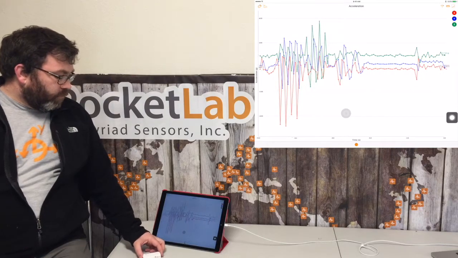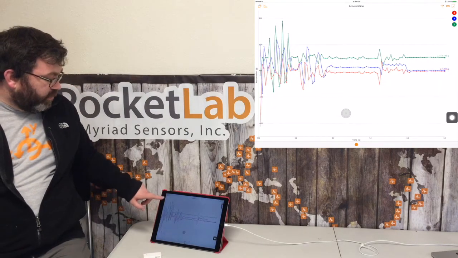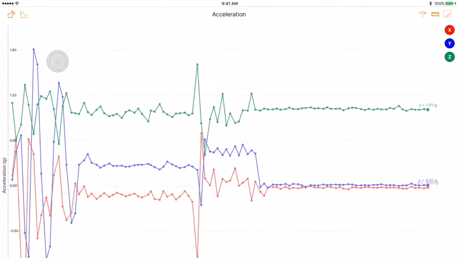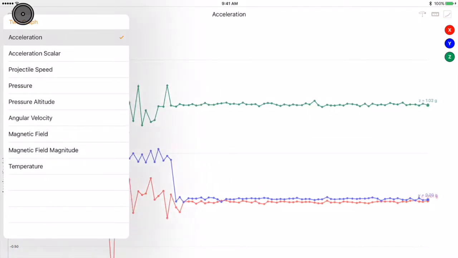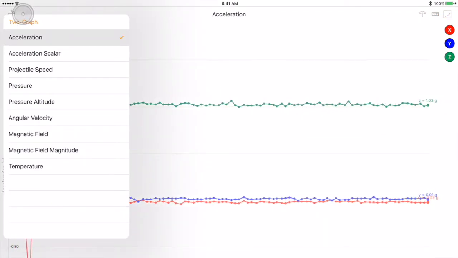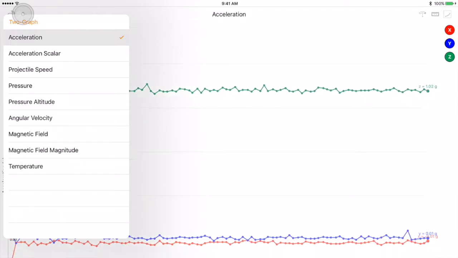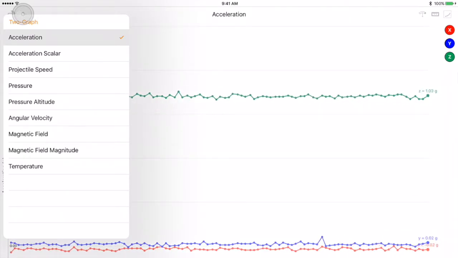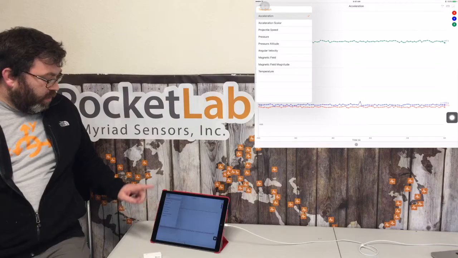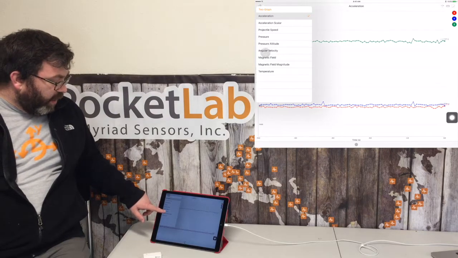Now, if you want to switch to the different sensors, in the upper left-hand corner, go ahead and select the icon that looks like a graph. Then you'll be able to switch to the different sensors just right there in the app. So if I go to magnetic field,